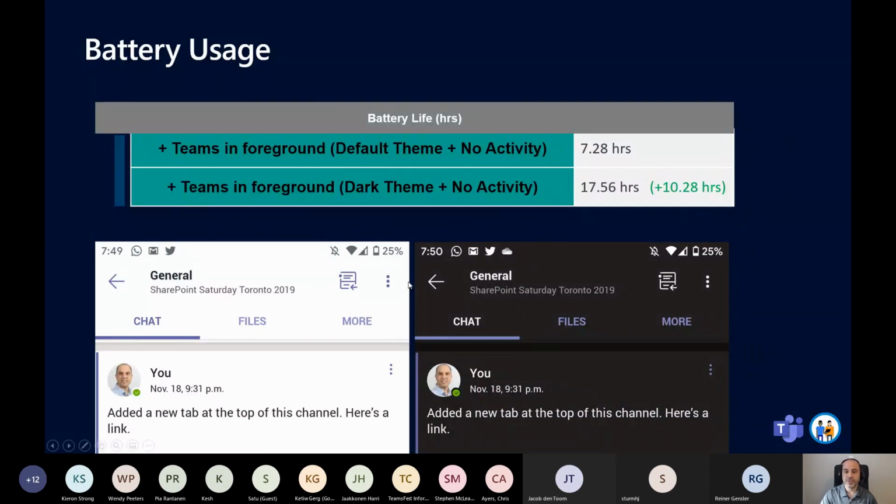It switches your colors, and you can see that the battery life has dramatically increased. So my recommendation is, unless there are reasons you cannot use dark mode, love your battery, give it some love, turn on dark mode.